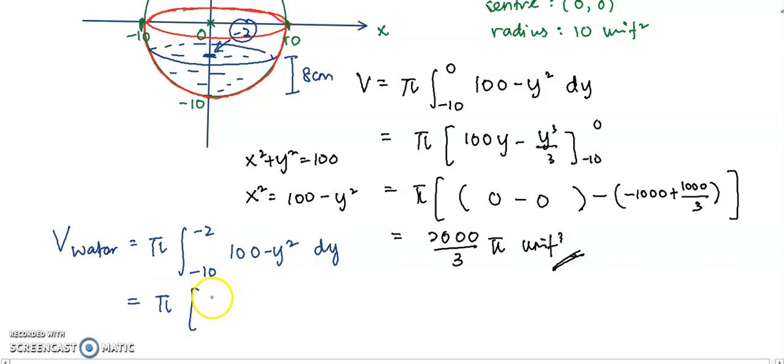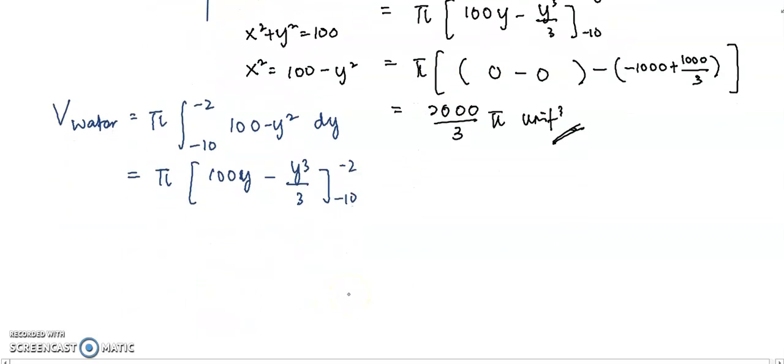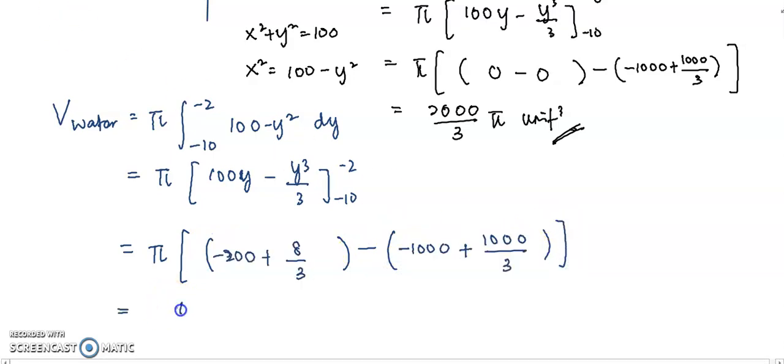Do the same as just now. Just integrate it. What is the difference from question A? It's just the limits. Substitute the limits in. You will get the final answer, 1408/3 pi